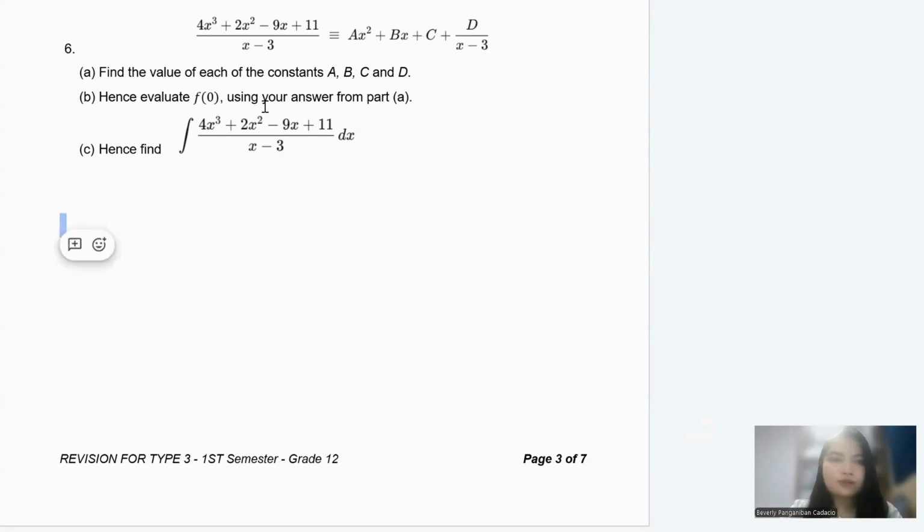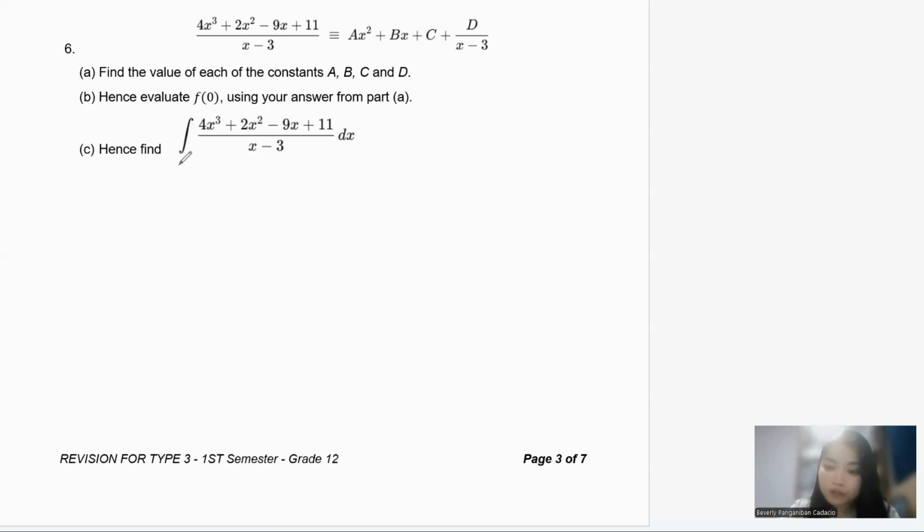Okay, now let's go with number 6. I can say that 6 is an easy question, and you are not forced to do any method that you don't want. Actually, the easiest here is, since you have a cubic over x, you know that you're going to have a quadratic there. It's going to be ax squared plus bx plus c, and this one is just the constant. You can use long division, and in this case, I really suggest you use synthetic because you only have x minus 3 there. It's not a complicated binomial, it's just a very simple binomial that has only one x.